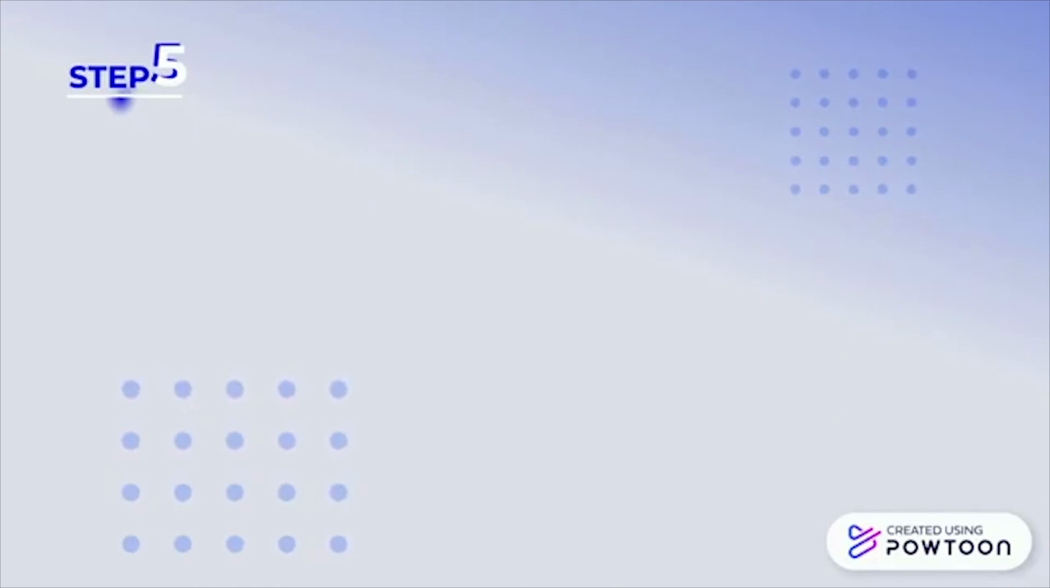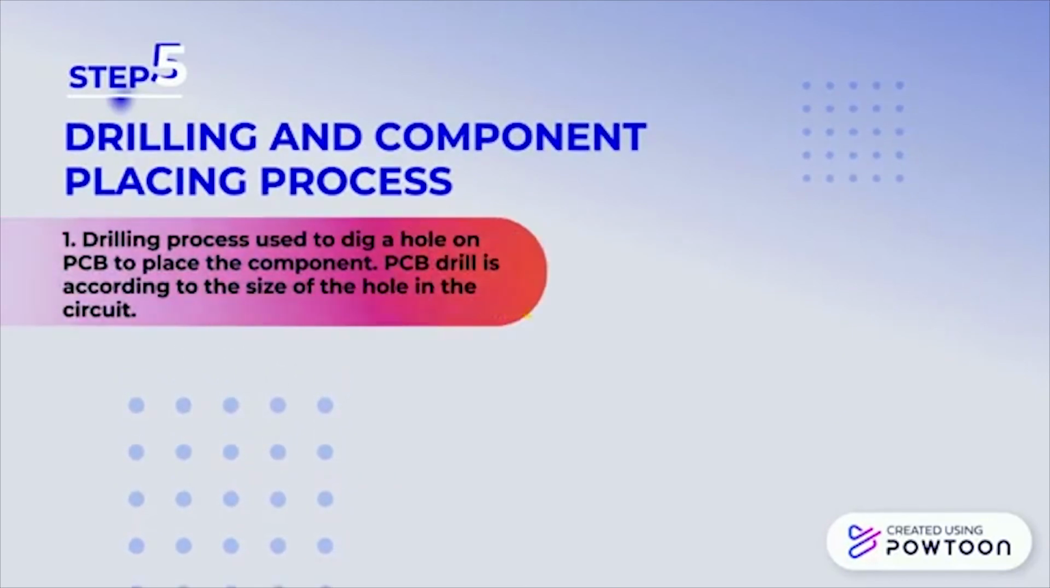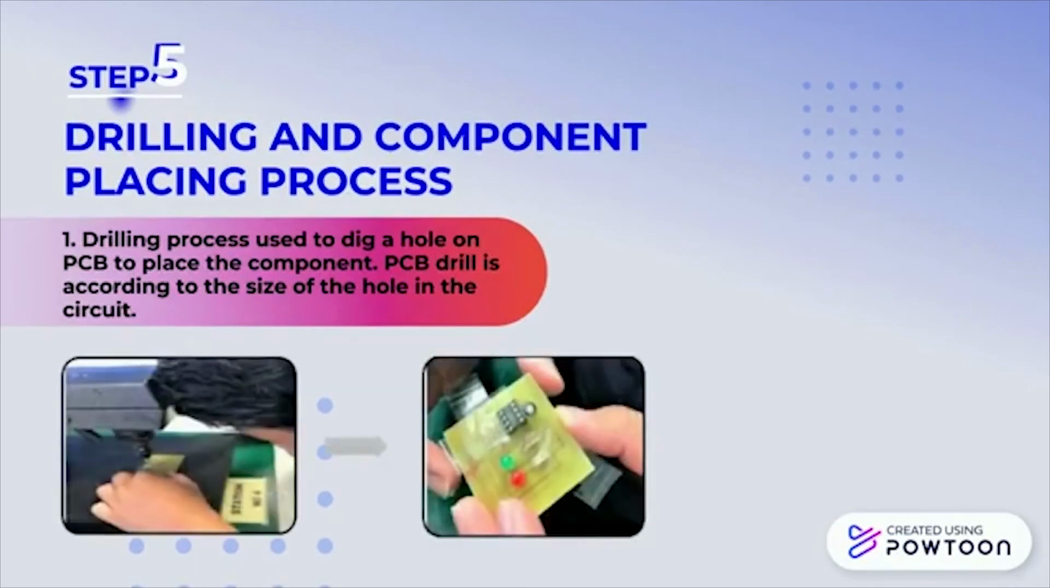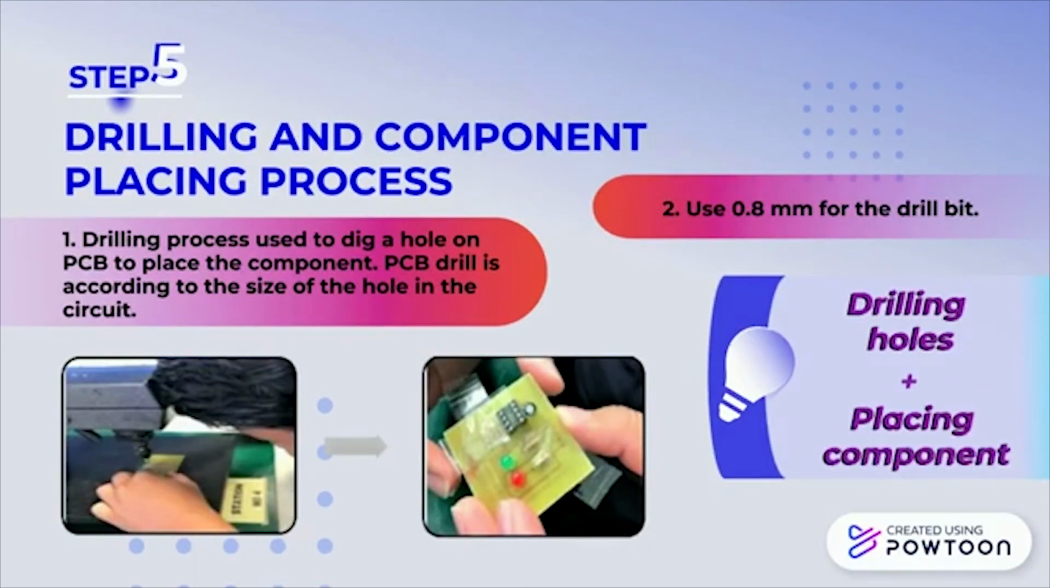In step 5, drilling and component placing process. First, we drill the PCB to place the component. We use 0.8 mm for the drill bit. The next step is